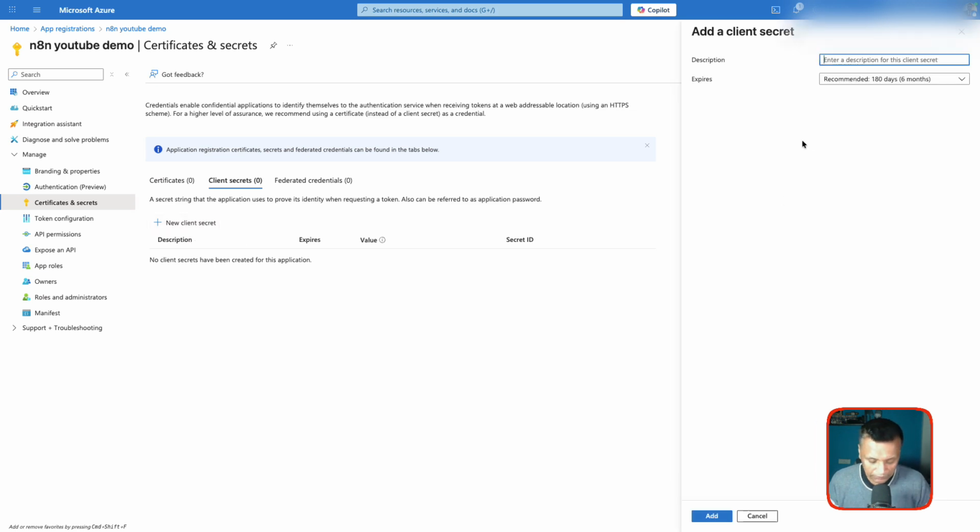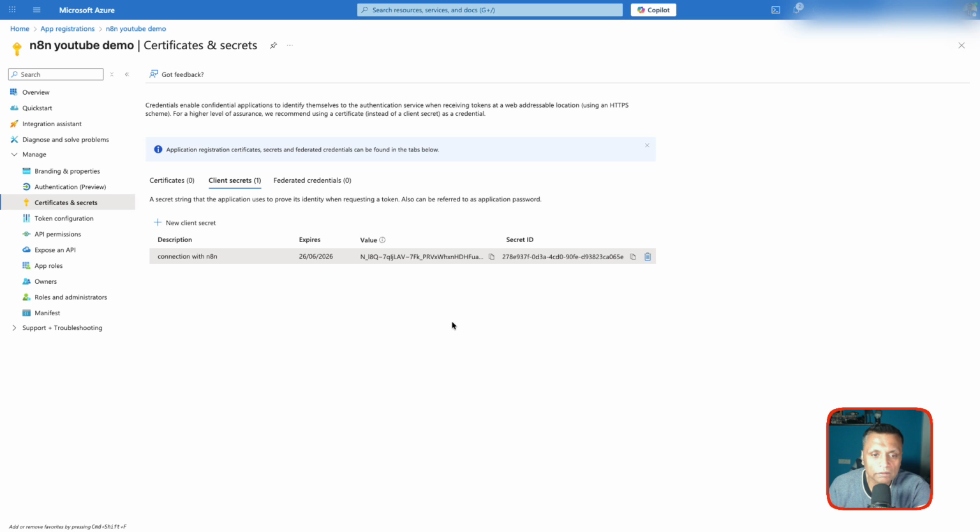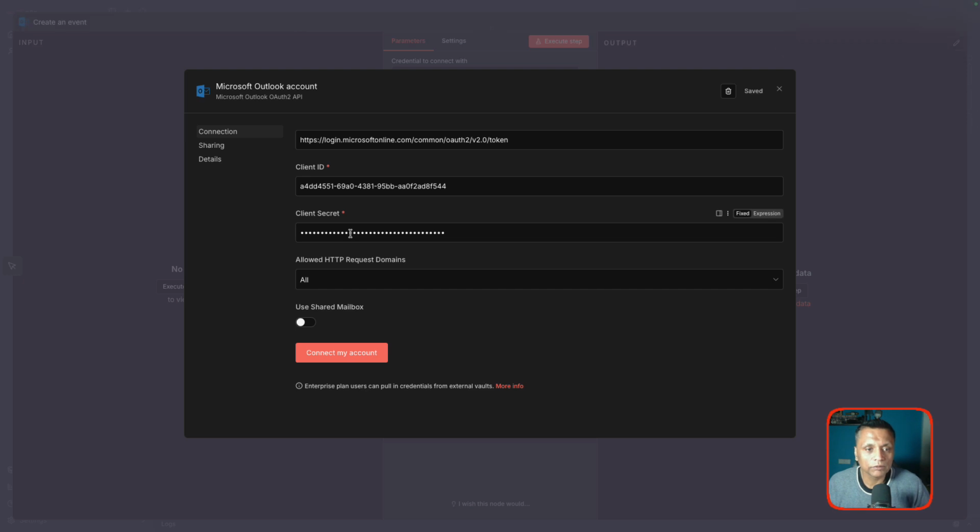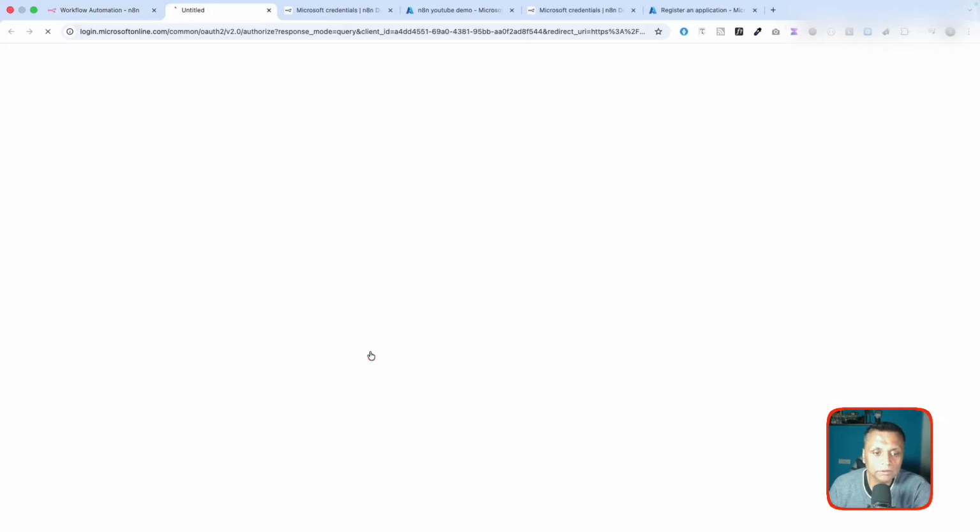We need to enter a description, connection with N8N, then click on add, and we can see the client secret has been created. What we need to do is copy this value, and not the secret ID. We go in here and paste that, and then we can see the connect my account button is enabled. We click on that